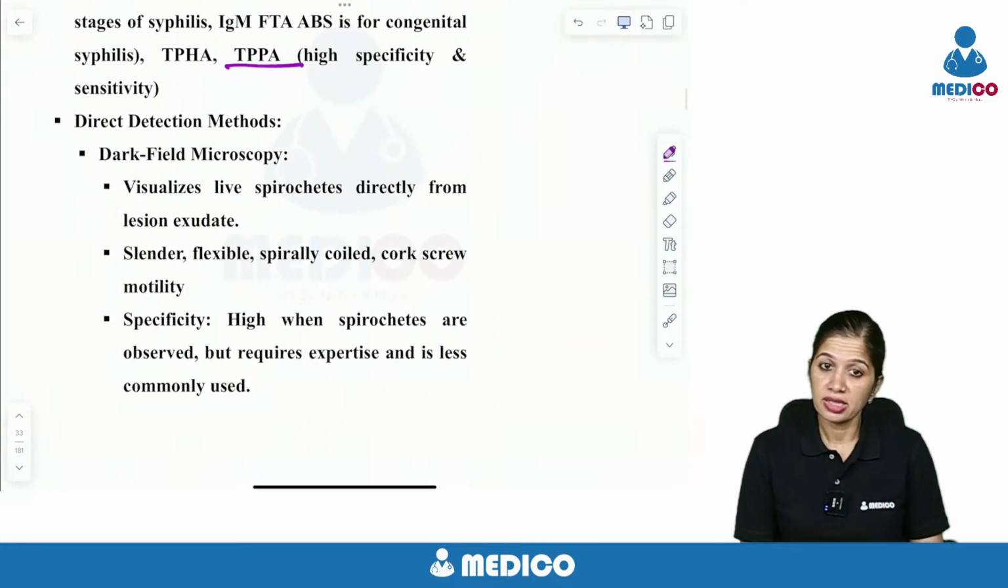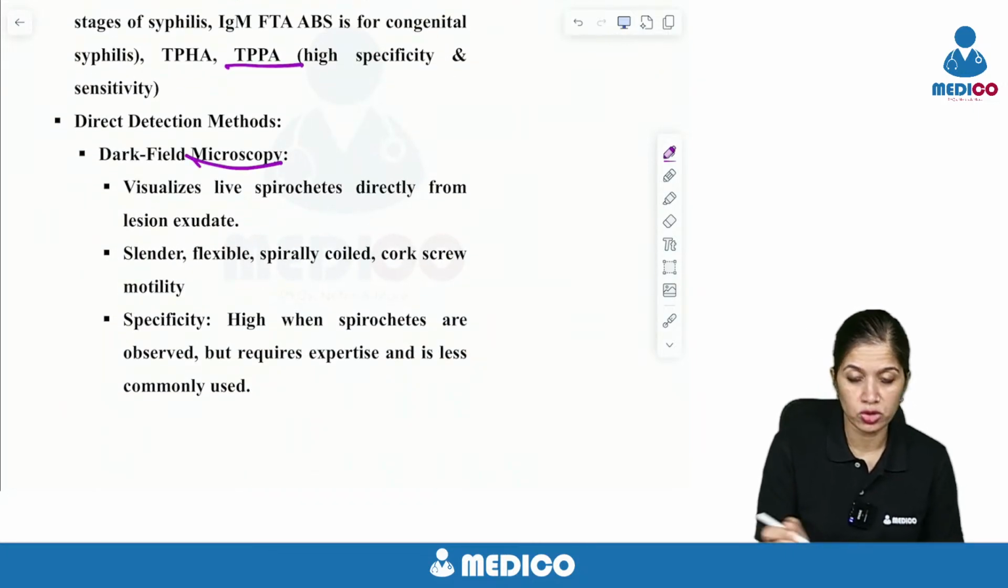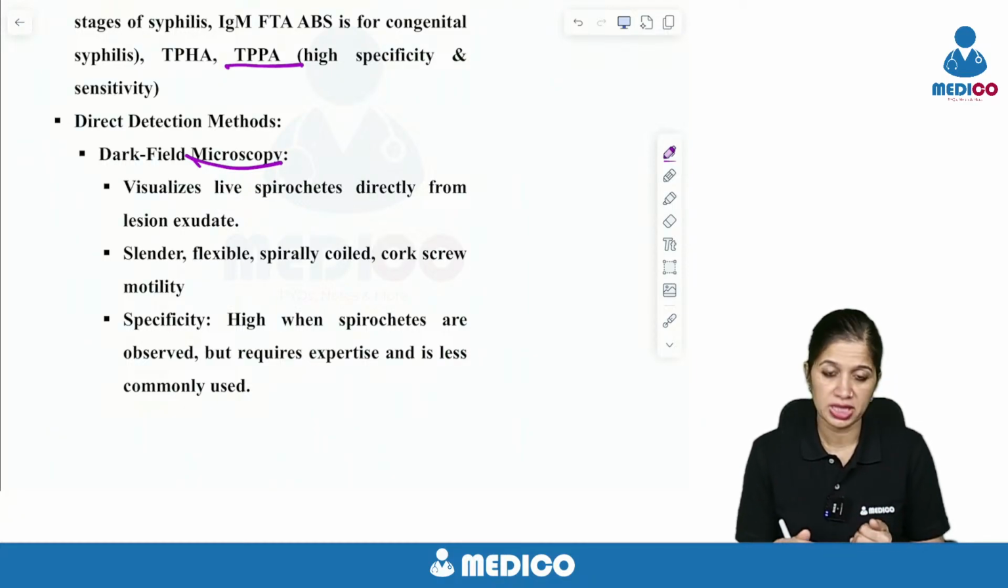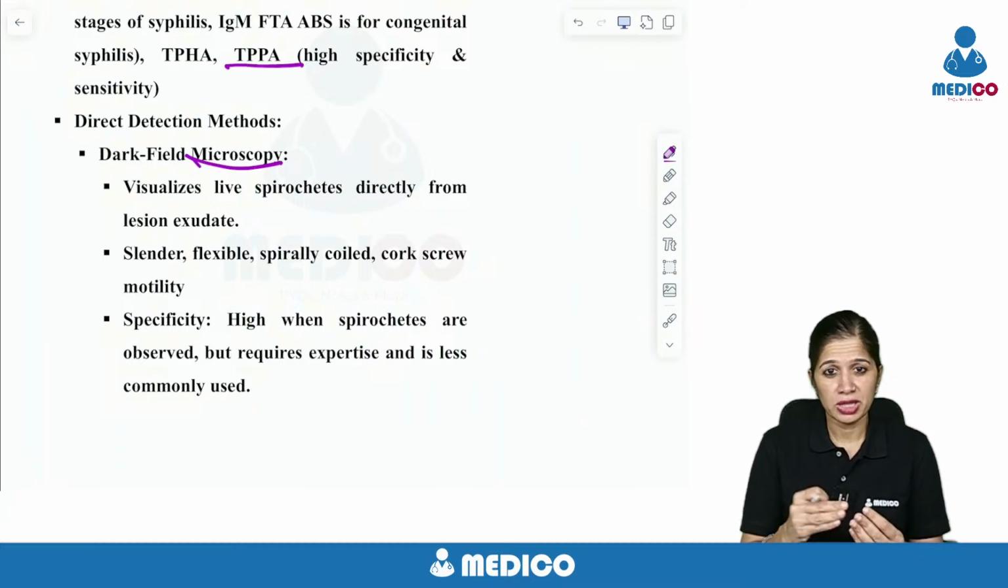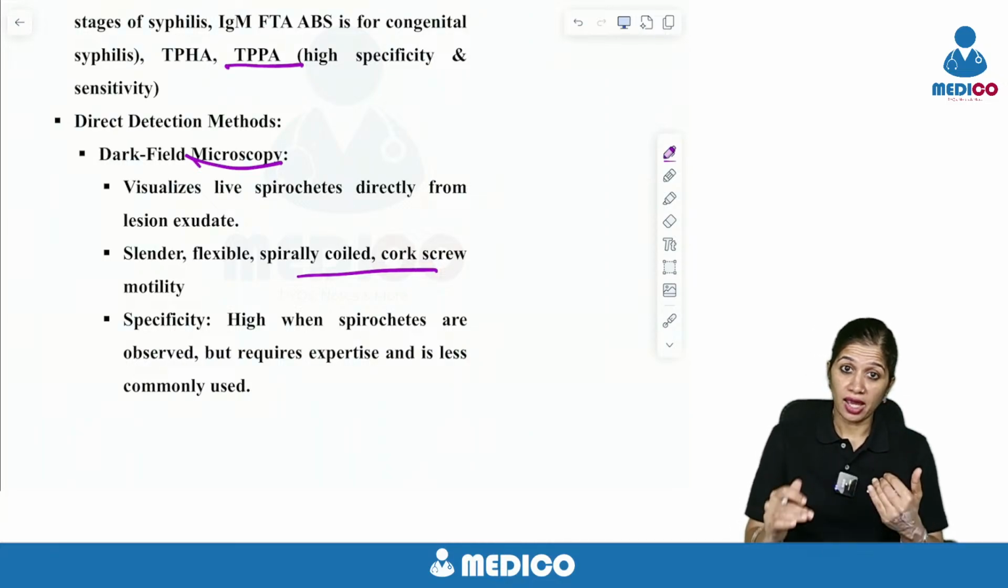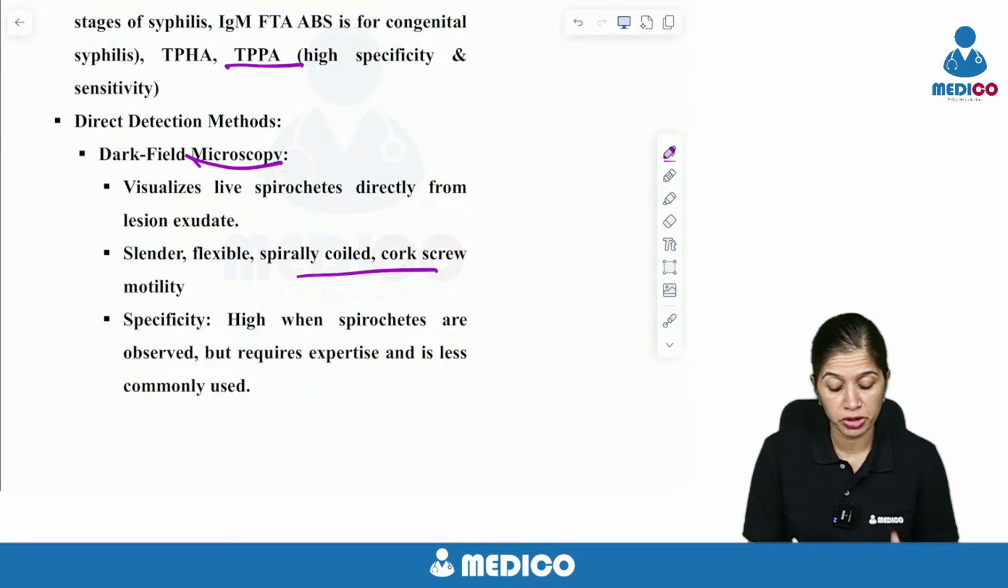Then there are some direct detection methods like dark field microscopy. So what do you get to see? You can visualize the live spirochetes, okay, can be seen from the lesion exudate. They'll be slender, spirally coiled and having the typical corkscrew motility. The specificity is high when the spirochetes are observed, but you need a considerable degree of expertise, so you cannot